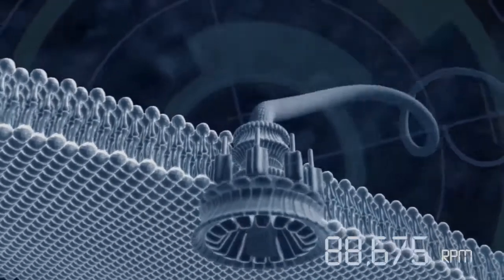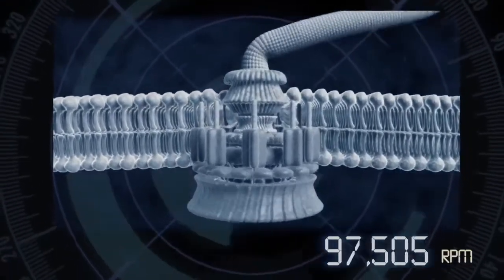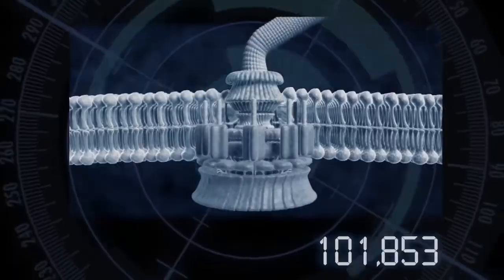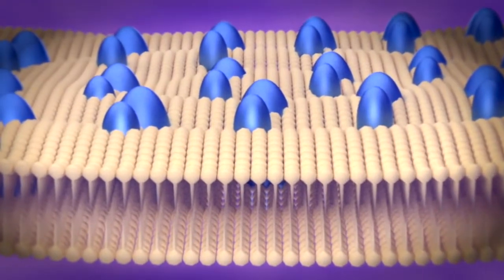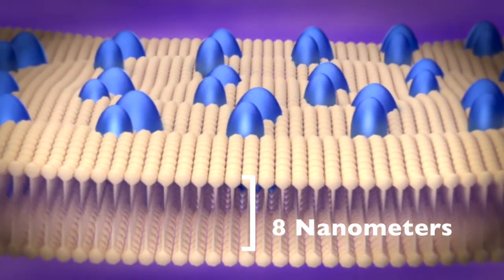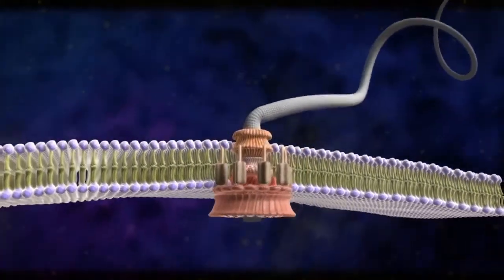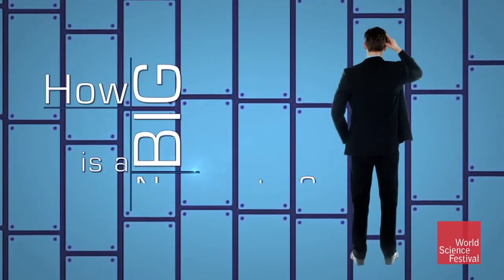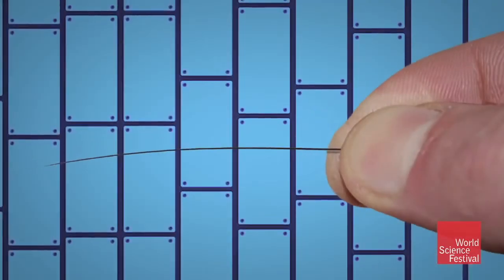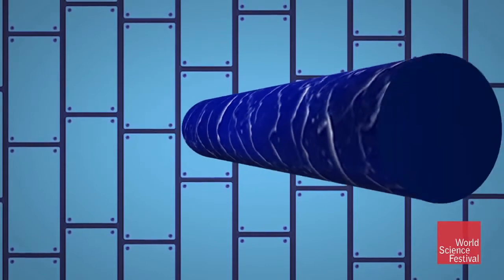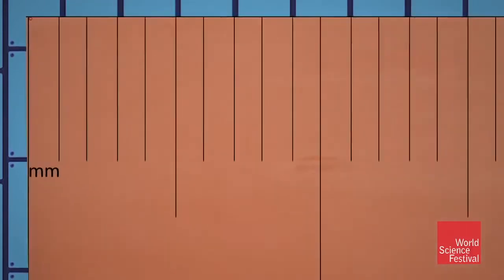But to fully appreciate the staggering complexity of this sophisticated propulsion system, we must try and comprehend the infinitesimal scale in which this machine operates. Using electron microscopes, scientists have measured the thickness of the cell membrane in which the bacterial flagellum is seated to be approximately 8 nanometers thick. But exactly how tiny is a nanometer? Let's make the almost inconceivable nano-world conceivable. The naked eye can see the diameter of a human hair. That's 1/10 of a millimeter, or 100,000 nanometers.